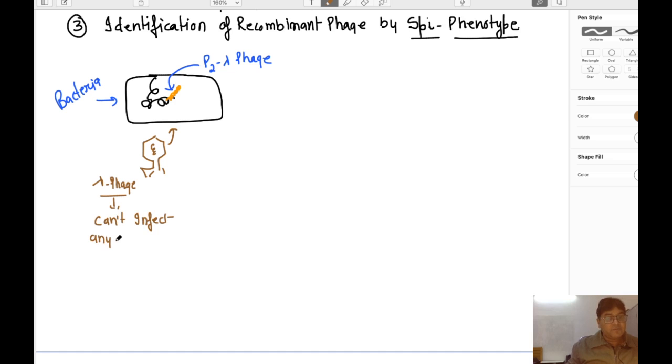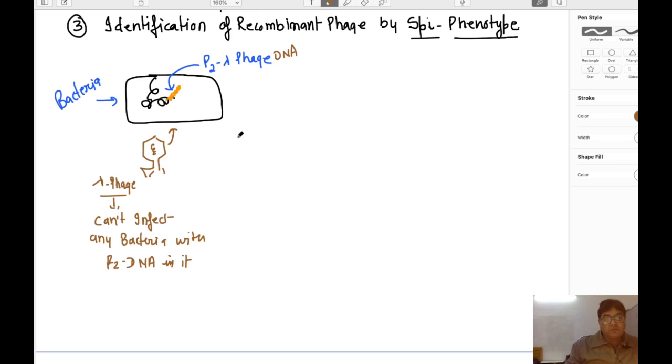any bacteria with P2 DNA in it. That means if a bacteria has got a P2 lambda phage DNA, that means this bacteria is already infected by another phage, then this lambda phage cannot infect this bacteria. Now, what happens